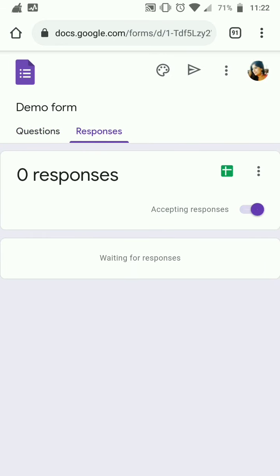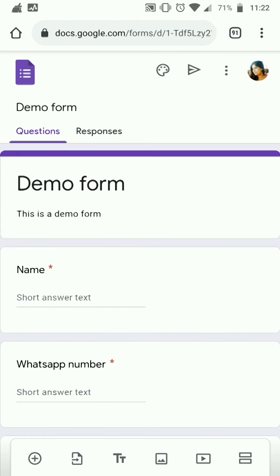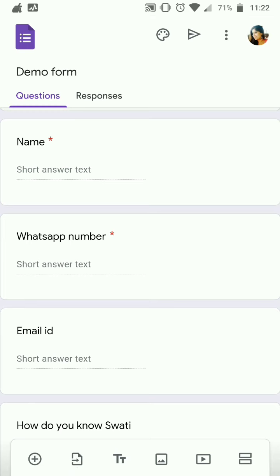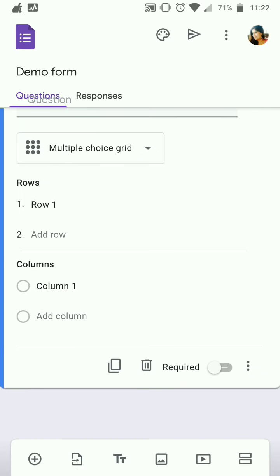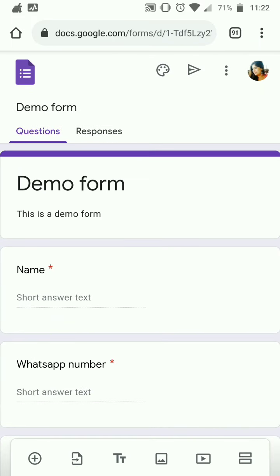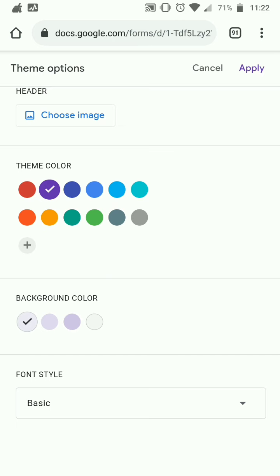And for responses, you click on responses. Once somebody fills the form, you will get all the responses here. Whenever you want to change or edit your questions, you can come to this Google form. It is saved in your Google Drive now. So now you can edit your questions or add and subtract them. Also, you can add different colors, themes. You can add a header, so you can create an image for the top header, how the form will open up, and then you can choose an image there.